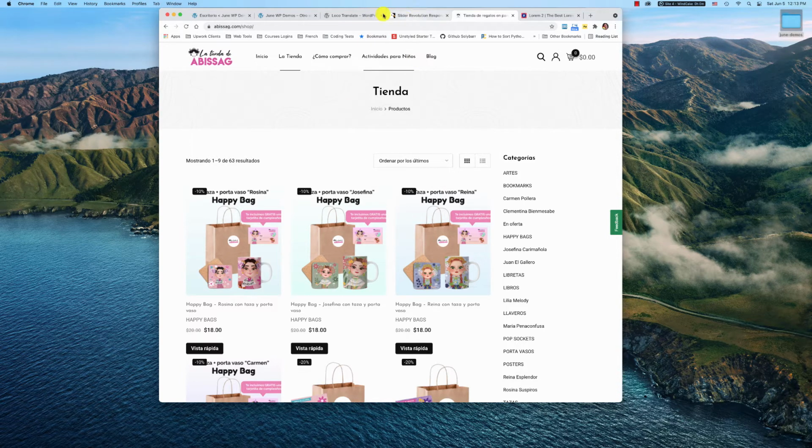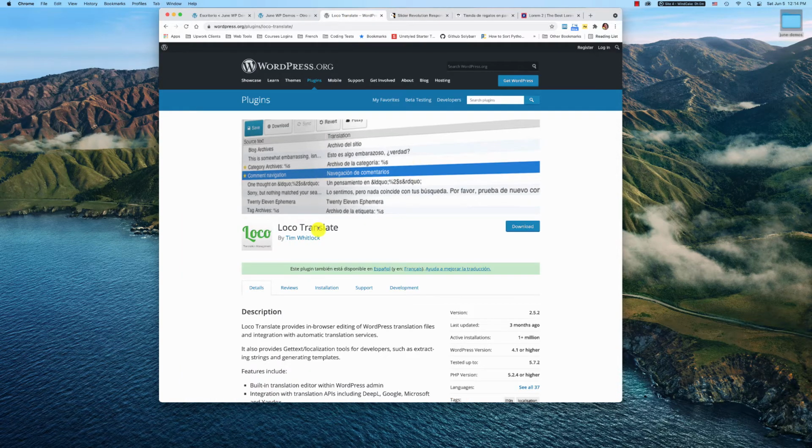So I have to go in and install Loco Translate, which is free on the WordPress repository, and do the translations manually. The other day, I thought that I could do the content as well, but that's not what it is. It's just for plugins and theme strings that might not have been originally translated by the